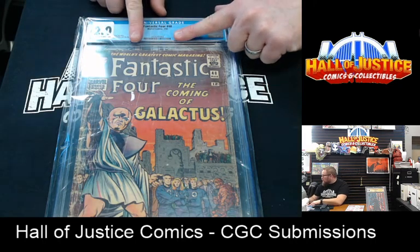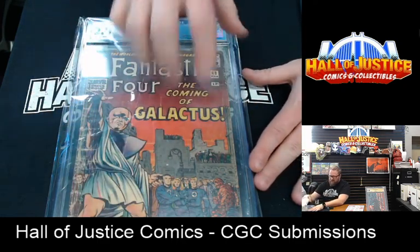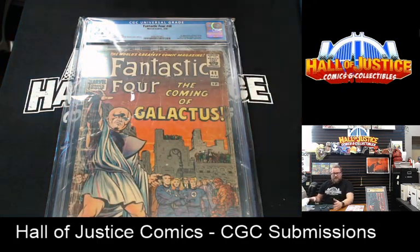There is a barcode right here in the middle of the book. That barcode is like the fingerprint for this comic. That barcode, you can actually go to CGC's website and go to their, I think it's graded comic lookup. I can't remember what it's called. You can type that barcode in and it will give you the information about this book, that it's an FF48,